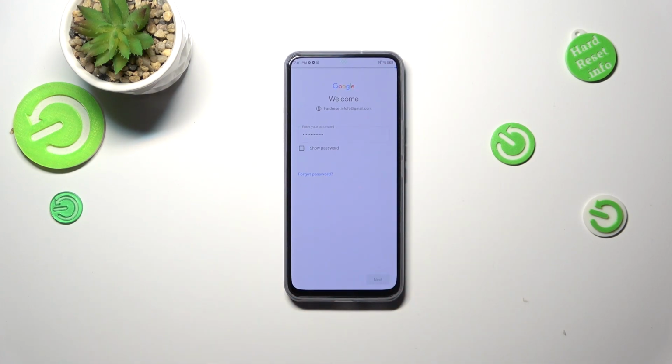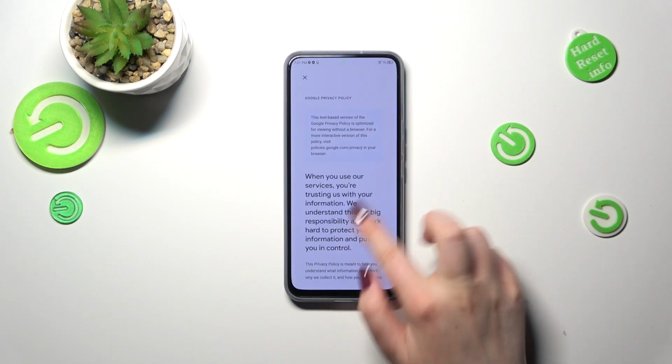Alright, let's tap on next. Here we've got Google Terms of Service and Privacy Policy, so of course you can read it, just tap on it and you've got the